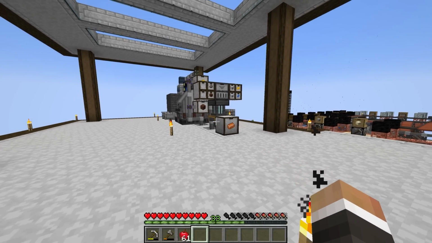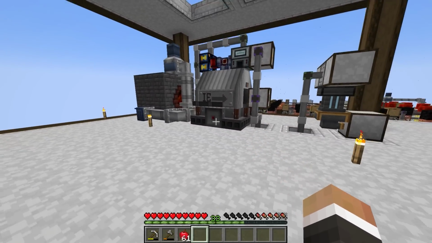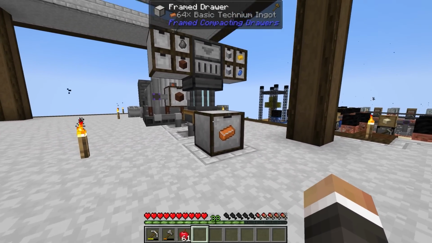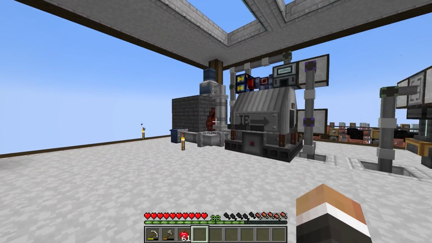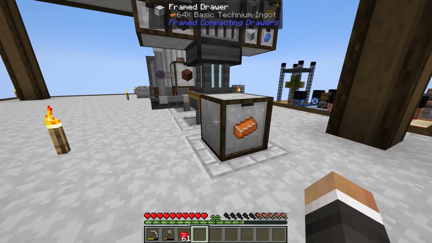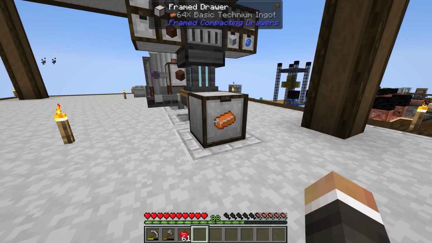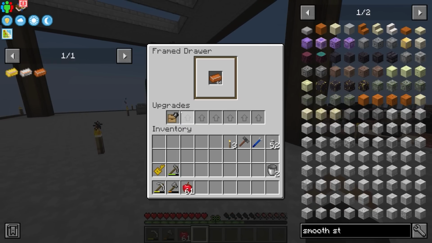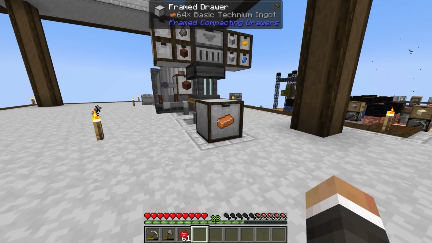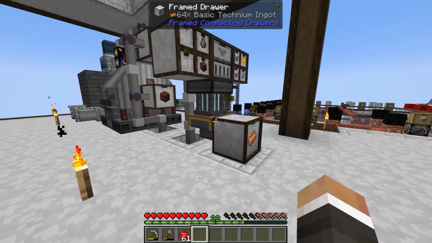In the last stream, we were working on finally setting up the automation for the first tier of Technium Ingots, and as you can see, since the end of the last episode, this whole setup here has been working quite nicely to produce a backlog of 64 basic Technium Ingots, which is exactly what we want because we did put a storage downgrade into this drawer, which reduces the base storage to a single stack. So 64 is the maximum amount that this drawer can hold, and we're now fully backed up on Technium Ingots,